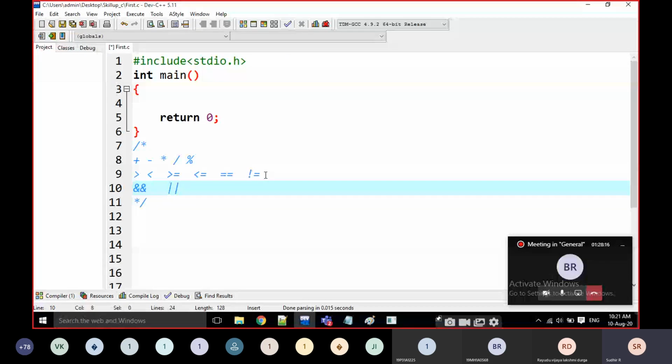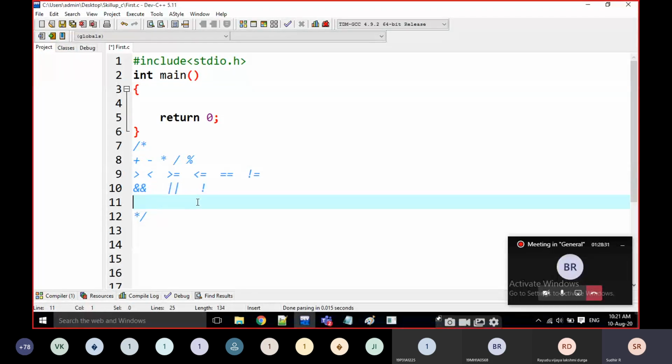The first one, ampersand, is logical AND, and this symbol name is a pipe symbol, logical OR. And the not symbol is for logical NOT. Logical AND, logical OR, and logical NOT are the three operators. These are the logical operators.